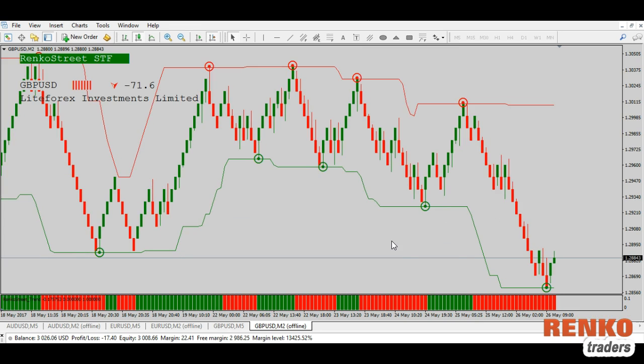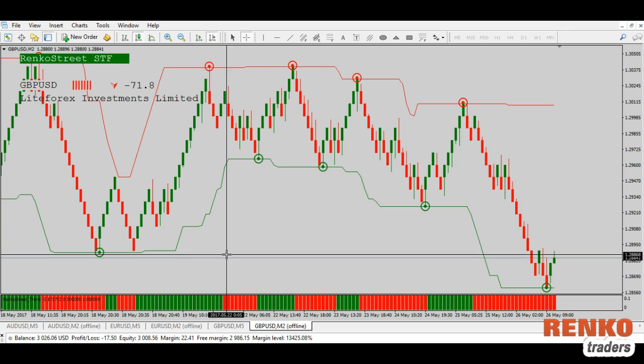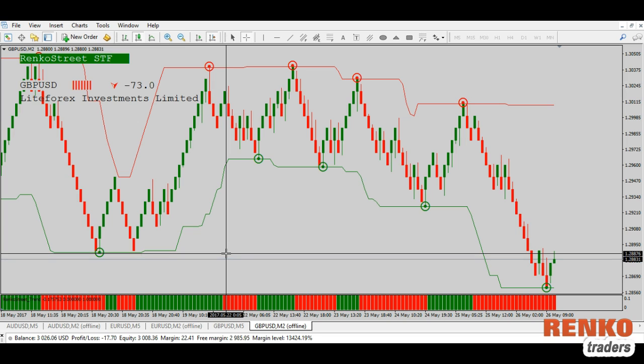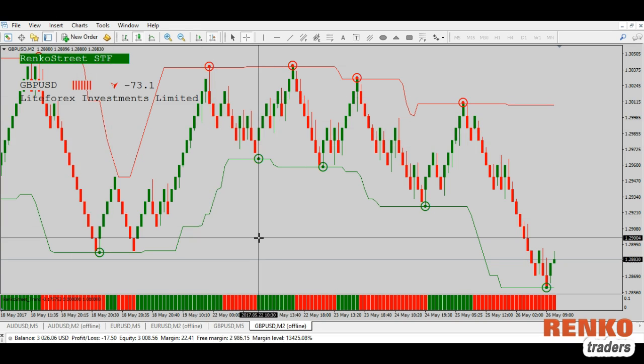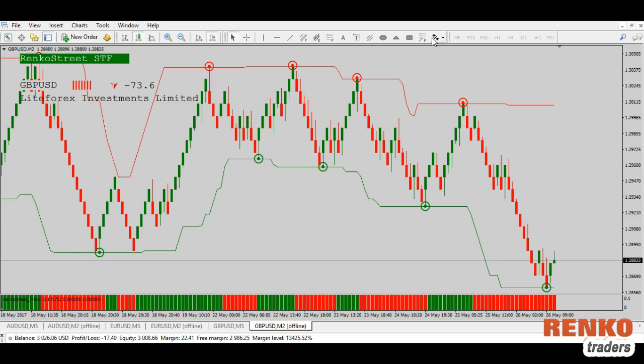So how do you trade using the Renkostreet Trading System? According to the developers, you can take a sell signal when you get this high, when the currency strength indicator is in the red and showing that it's going down, and the trend strength indicator is also bearish. It is unlikely that you can expect to see all three signals coming down at the same time. So just to illustrate,